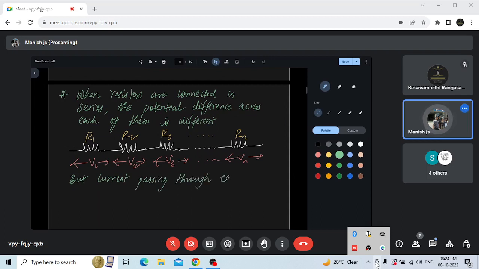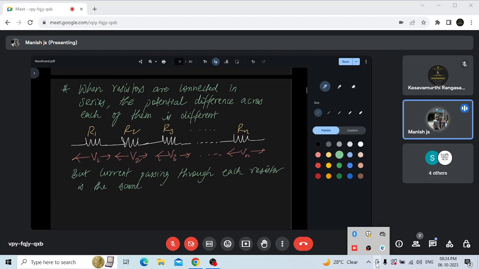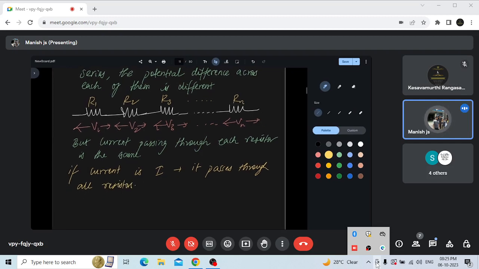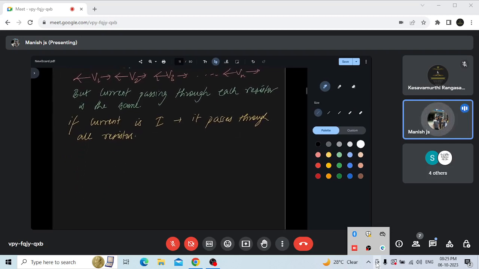The current passing through each resistor is the same. That means the same current is going to pass. So if the current is I, it passes through all the resistors. That is what you need to understand. So in series combination, in short, for series,